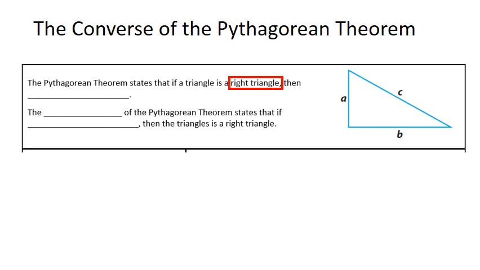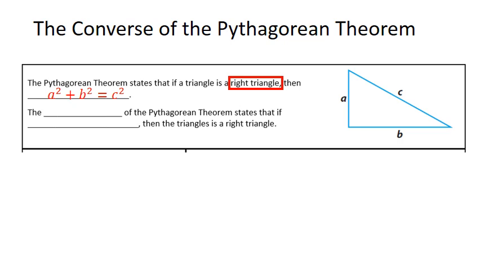So we have talked about the Pythagorean theorem. Now what we're going to talk about is what's called the converse of the Pythagorean theorem. The Pythagorean theorem states that if a triangle is a right triangle, then a squared plus b squared will equal c squared. Or in other words, if we build a square on the leg of A and the leg of B, the sum of the squares will be the square that we can build on the hypotenuse,